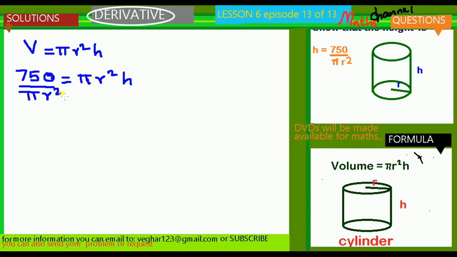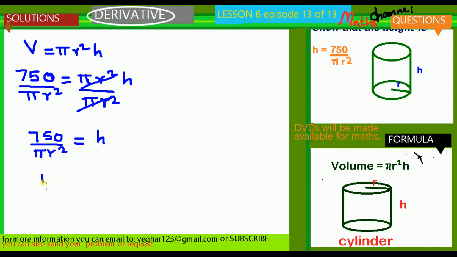So mathematically, say what you do on the left, you must do on the right. So because we want h, we don't want pi r square next to h, we will cancel this, and then you can say 750